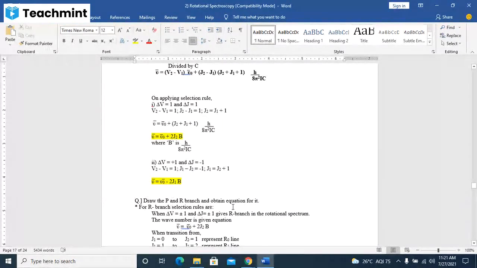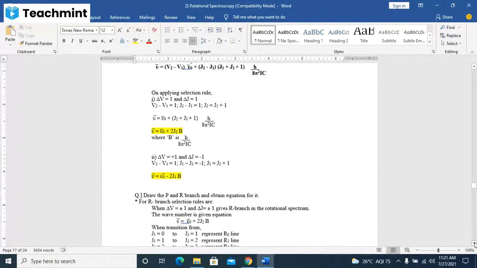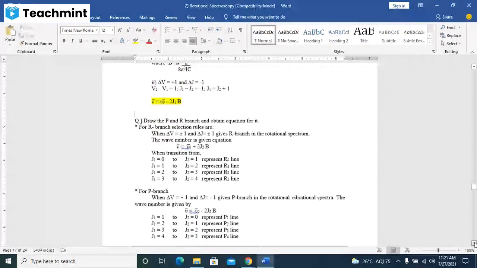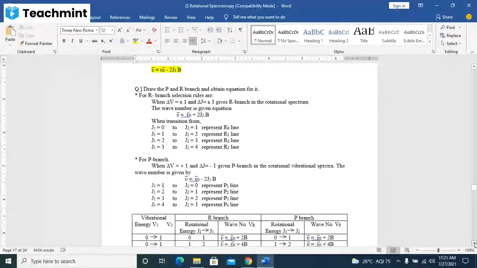Then draw the P and R branch and obtain the equation for it. When it is a subjective type of exam, this is an important question; it comes in the exam. What is the selection rule for the R branch and what is the selection rule for the P branch, that you have to remember. Make the correction: when delta V is equal to plus 1 and delta J is equal to plus 1